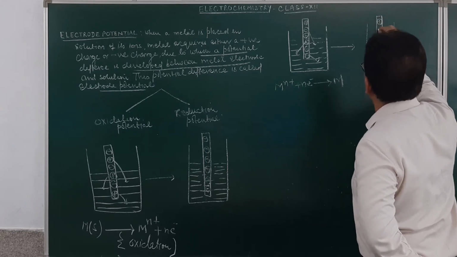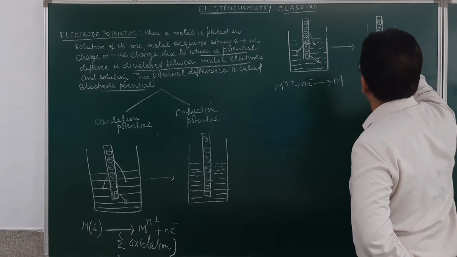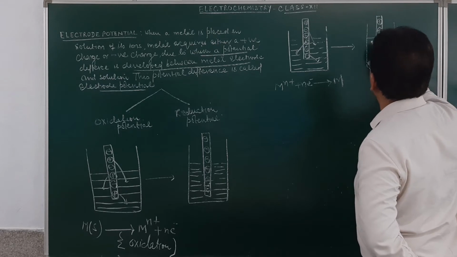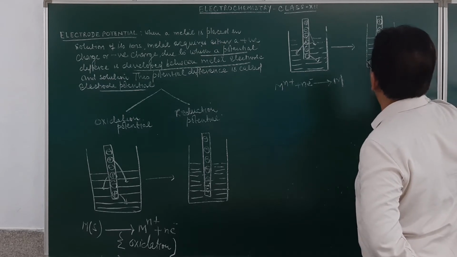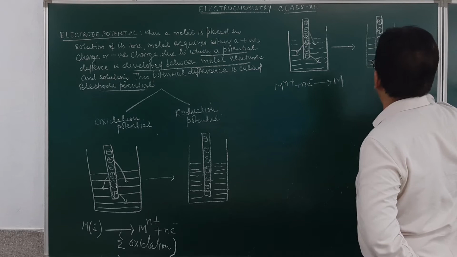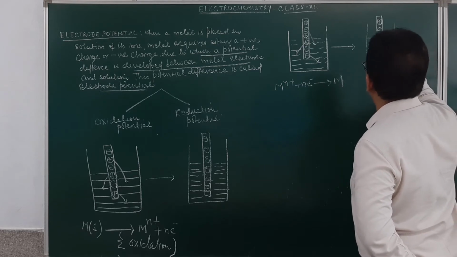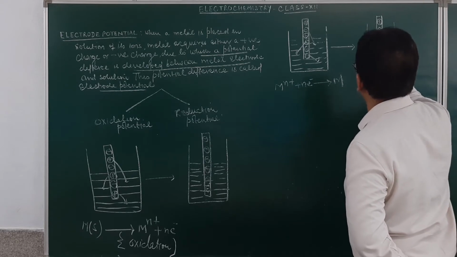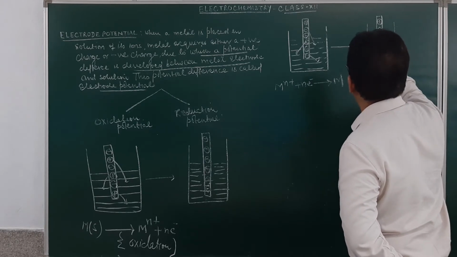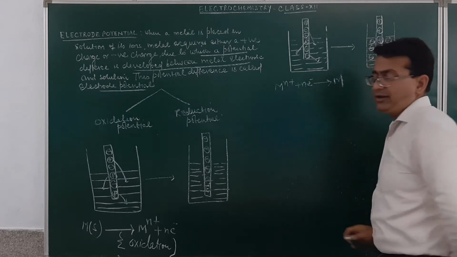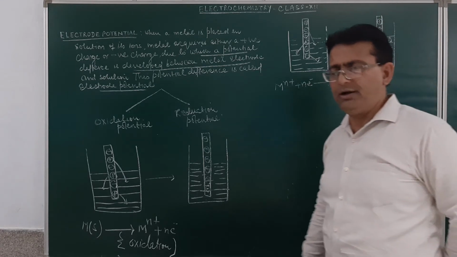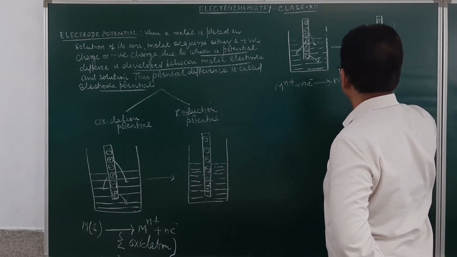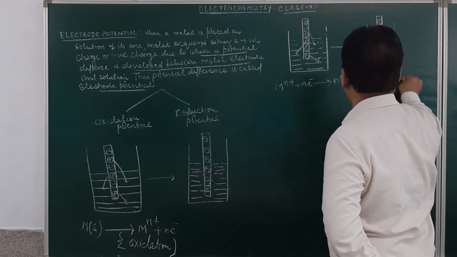So, this is the cathode, which will be gaining the electron from the outer circuit. But otherwise, it appears to have a positive charge on it. So, that is why I say over here that the cathode will be the positive electrode, and the negative ion is present in the solution, since this will be gaining the electron from the outer circuit. So it will be called a reduction half. So this over here is the concept of a reduction. I think I shall be very clear.